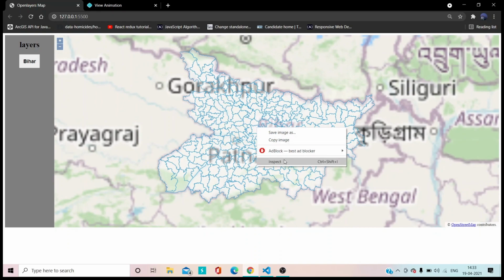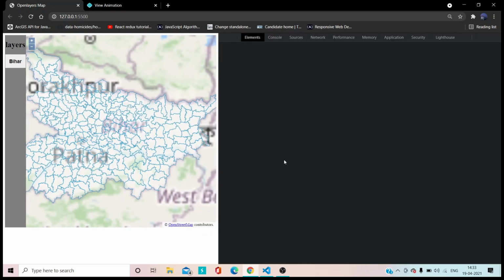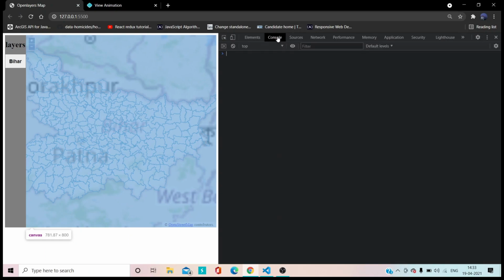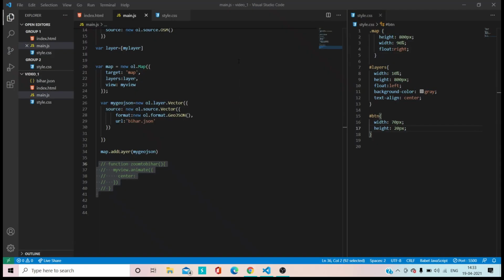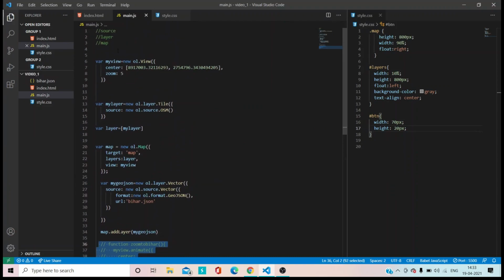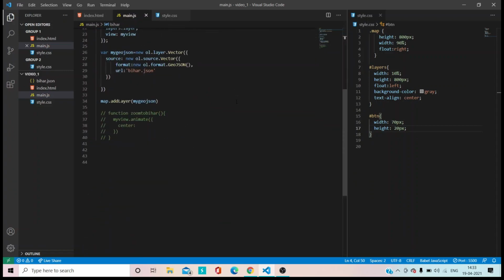So let's go and inspect. I think we have done this previously also. So let's copy this center, and let's make a Bihar variable, which is this center, and then I have to just pass the Bihar variable here.